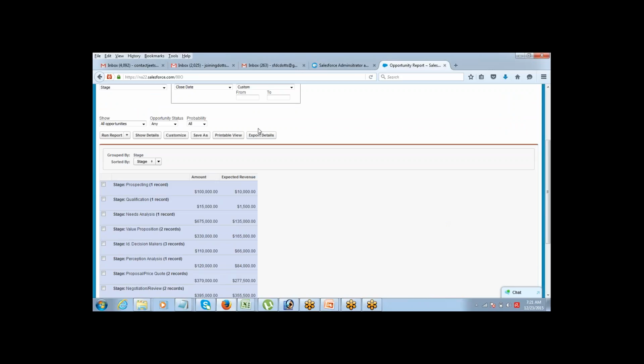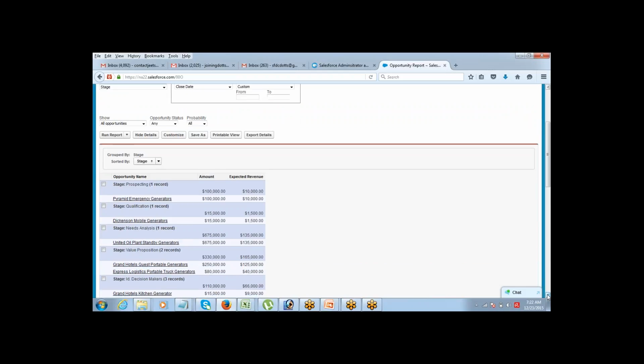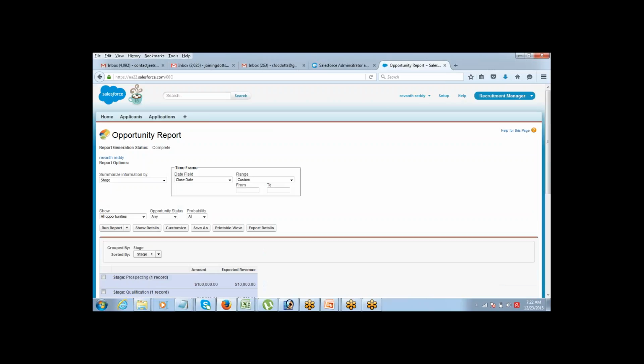You can export the details of this report to Excel or CSV from here. You can go to a printable view and from there you can print it. You can click on save as to save this report. You can go back to customize, click on show details, and it will start showing the detailed records. See, you are able to see the detailed records, high details,